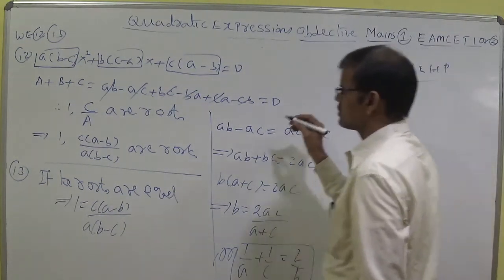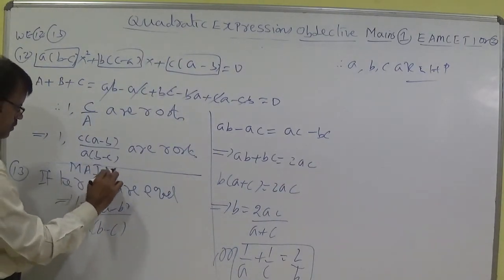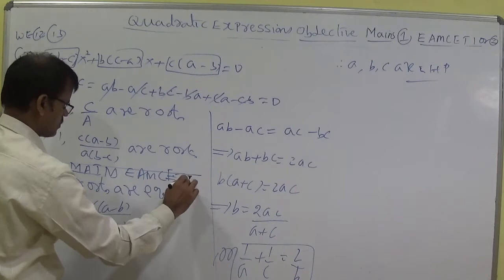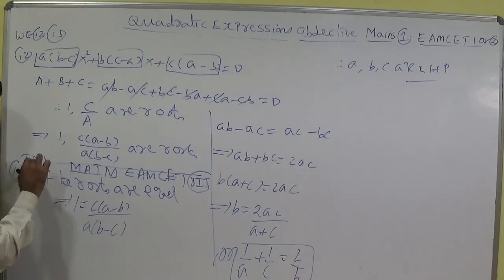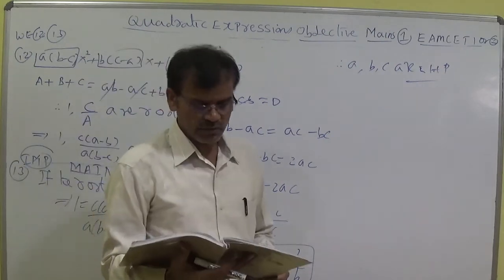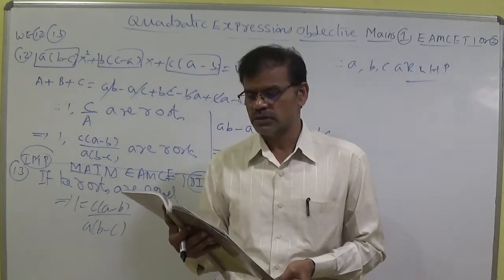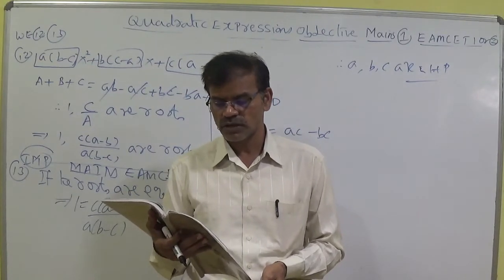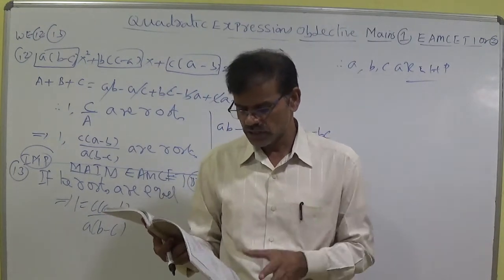This is an important point for Mains and MSET bit. Important for Mains or MSET bit. Of course, example 13 has given the same concept but changed the letters to p and q instead of a and b. Now you can understand the concept I said, that B = A + C, so 3B = A + C is given.